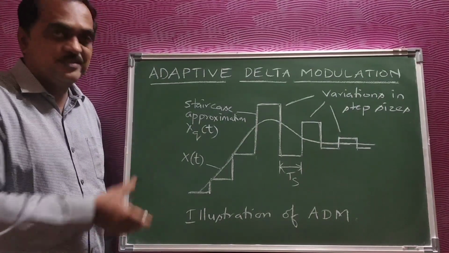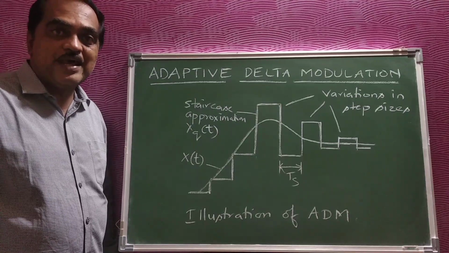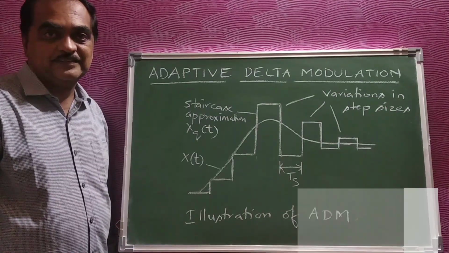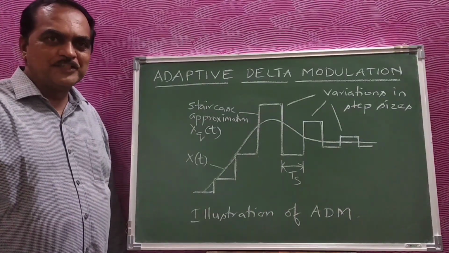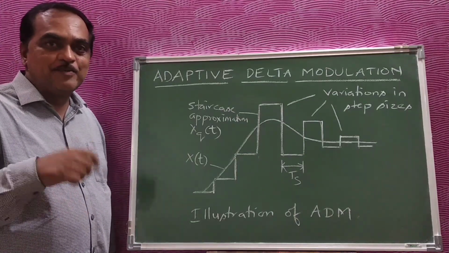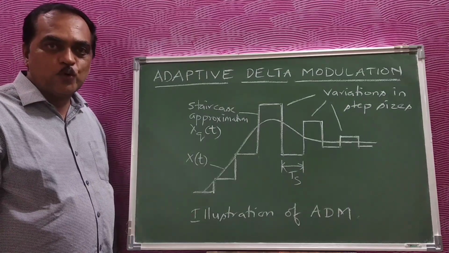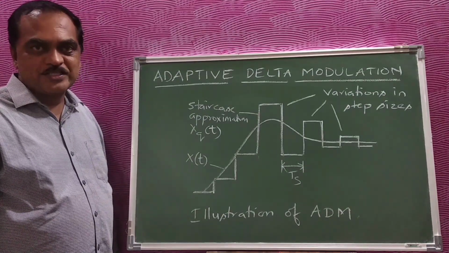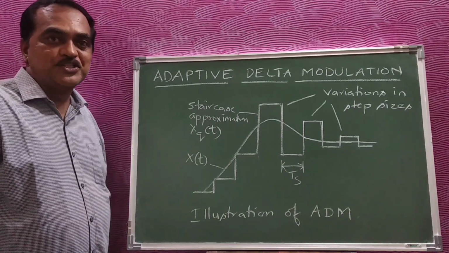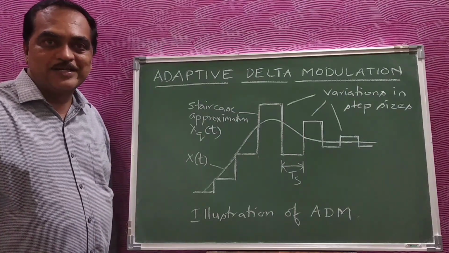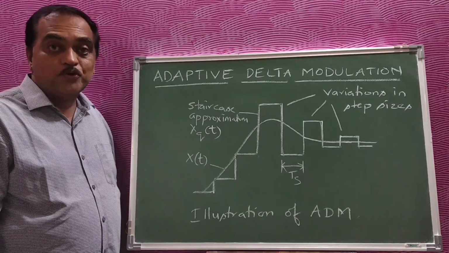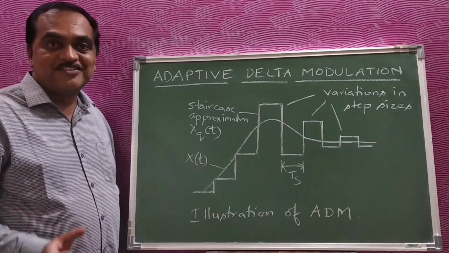After knowing this, we will go to see what the adaptive delta modulation transmitter and receiver look like. Now here students, one more advantage is that the disadvantages we had in delta modulation, slope overload distortion and granular noise, those two limitations of delta modulation are eliminated in adaptive delta modulation. So here slope overload distortion and granular noise are both minimized because of the variation in the step sizes.